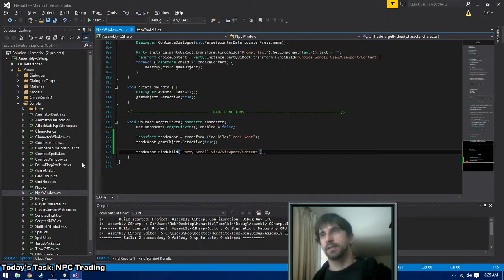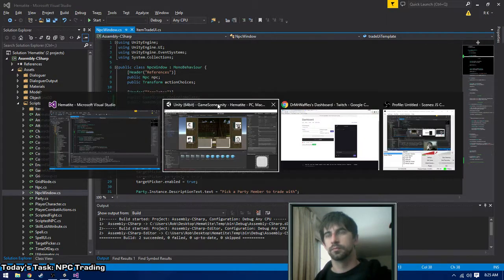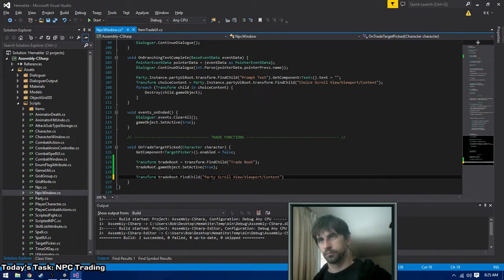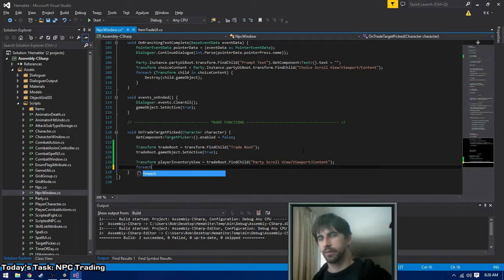Okay, so once we've got that, we need a few things. First off, we need a new template here. This is our trade UI template. This is our player item. I'll call it the player inventory view. I like that name. So inside the player inventory view and inside the character, we're going to say for each item, for each inventory item